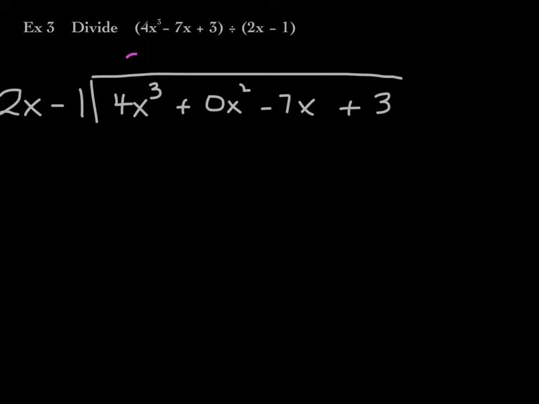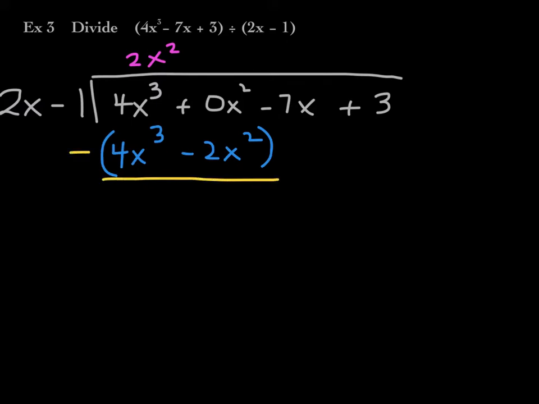So 2x squared, right? Now this is the point at which I take each term in my divisor and multiply each of them by 2x squared. 2x times 2x squared gives me 4x cubed. Negative 1 times 2x squared gives me negative 2x squared. Remember that I suggest you put parentheses, and what we're going to do is subtract this difference